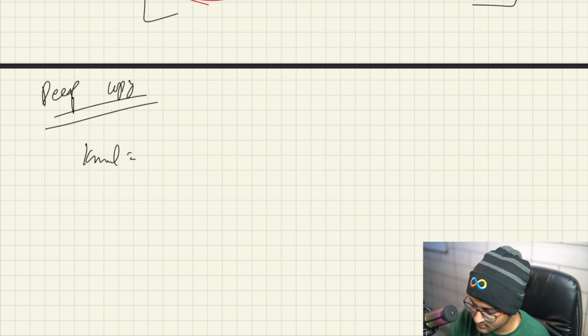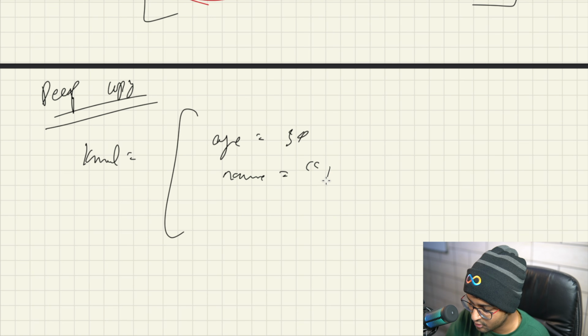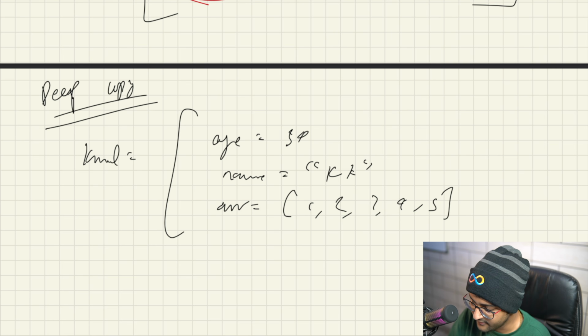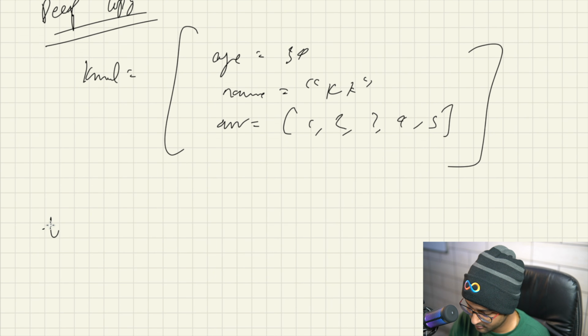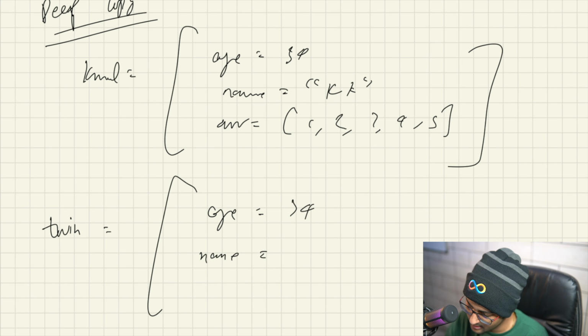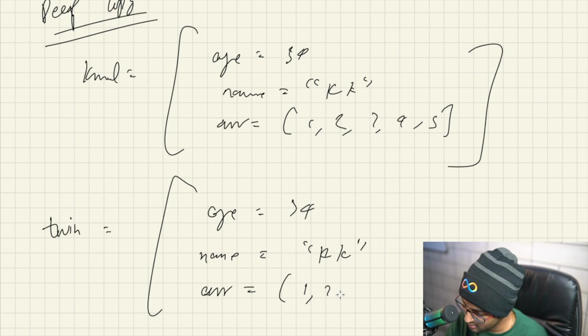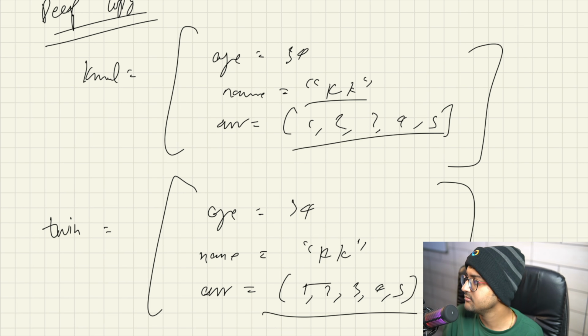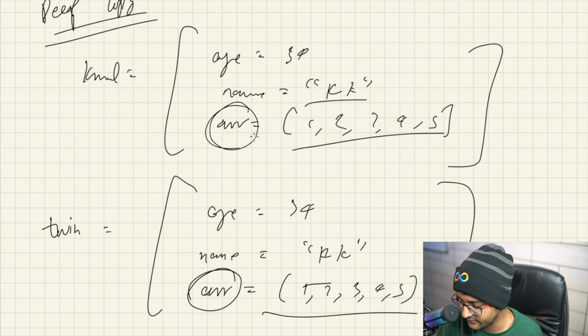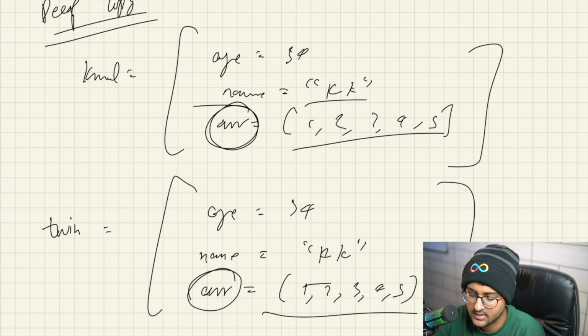Kunal is equal to, age is equal to 34, name is equal to Kunal Kushwaha, array is equal to 1, 2, 3, 4, 5, and then twin is going to be equal to, okay, primitives, just copy as it is, create a new one. These are two objects. I will not point it to the same object, I'll create a same copy as a new object. Array is equal to 1, 2, 3, 4, 5. These are now two different objects. When you make a change on this arr, it will not be reflected in this because they're different objects. That's it. Simple stuff.